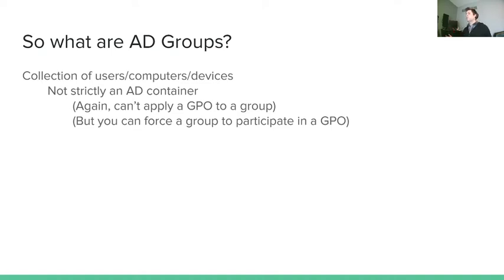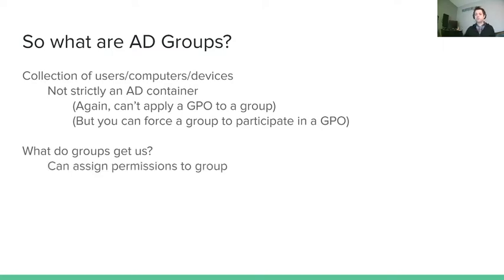So basically we would have kind of an end around notion of I'm going to create a group of specific users. I can't just apply a GPO to that group, but I can make the group consume that GPO, basically. Now, again, a little backwards if we're a little hazy on groups. But for groups, what we can get are things like permissions. So think back to our Linux days where we were assigning group level permissions to objects or group ownership. The same notion applies here.